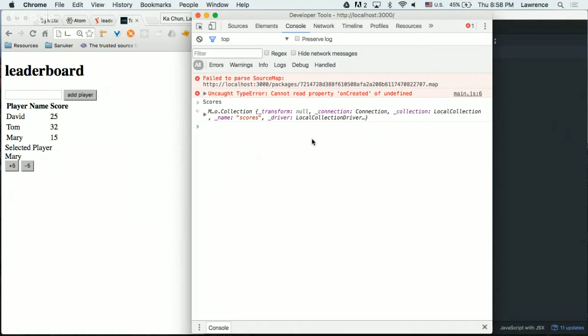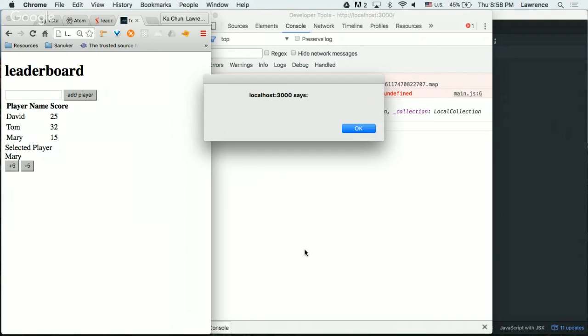Okay, let's go back a little bit more. What is a console? Console basically is how you can control your browser. You can actually type commands to control your browser. Just follow me, type alert in small letters, and then an open bracket, close bracket. Press enter. You will see something pop up. So you're actually controlling your browser to do a pop-up.